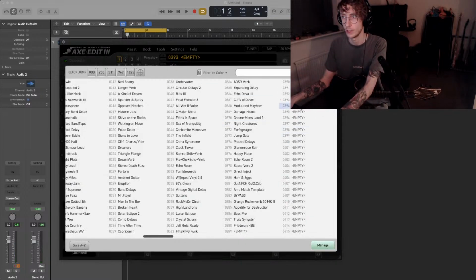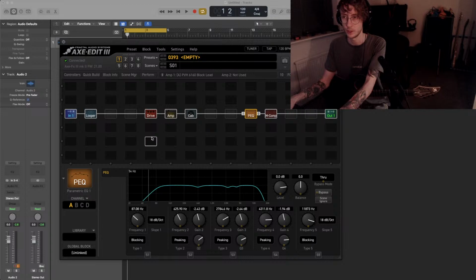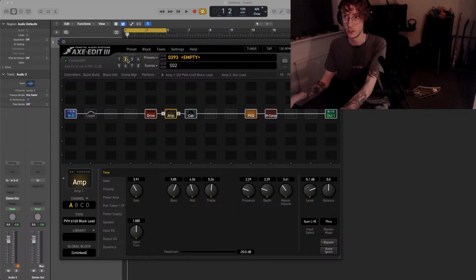Now we can do lead, which is very, very similar. In fact, we don't even need to start again with lead. What we can do is, if you're using XFX or something that works with scenes, you can go over here